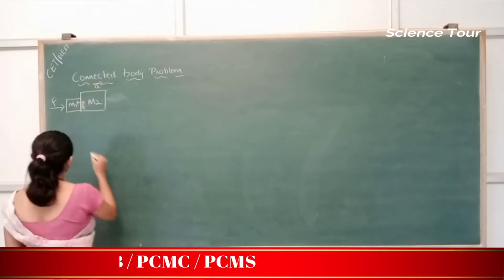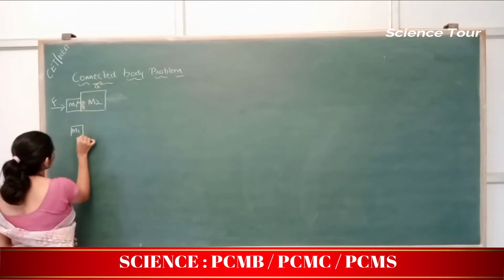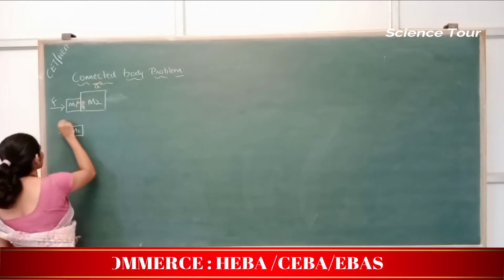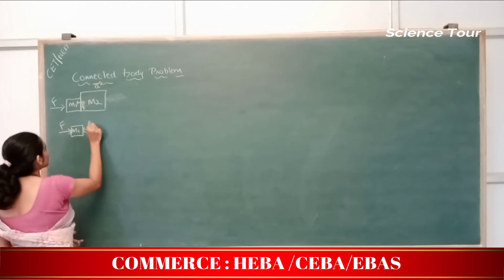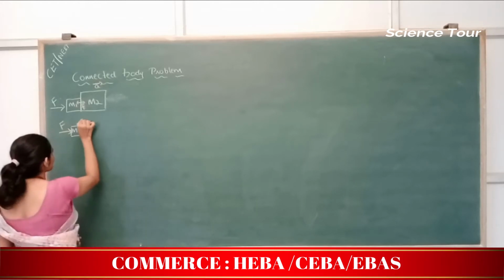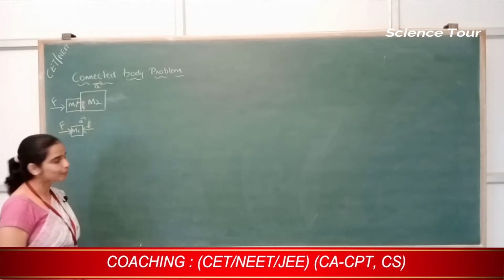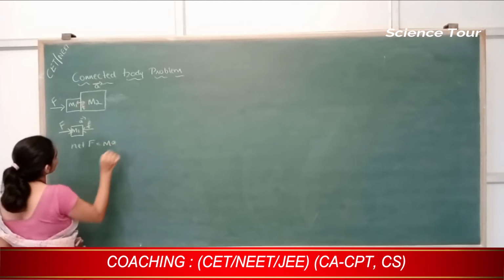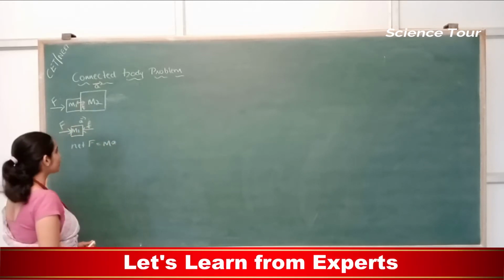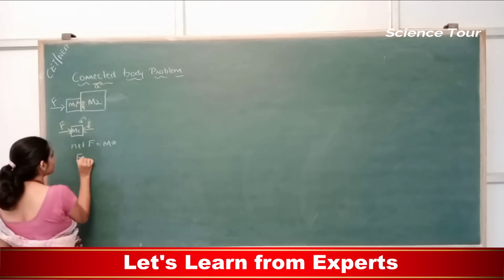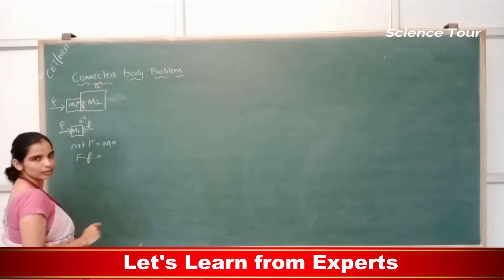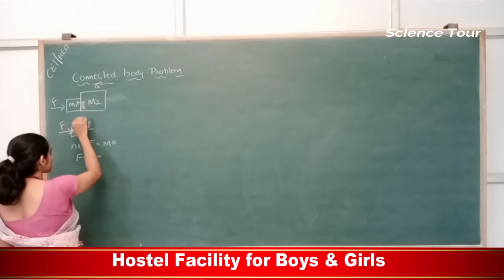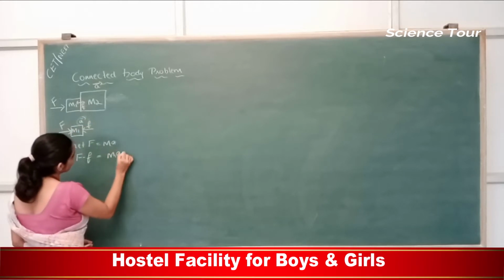Now how to deal with it? Through a free body diagram. Draw the free body diagram of m1. What are the forces acting on m1? That is the external force F and the contact force small f. What about the acceleration? Towards the direction of the external force. We apply net force is equal to m into a. What is the net force acting on this body? Which is the greater force? The external force. So F minus small f is the net force. Do you agree with that? This force minus this force is responsible for this acceleration, and mass is m1 into a.